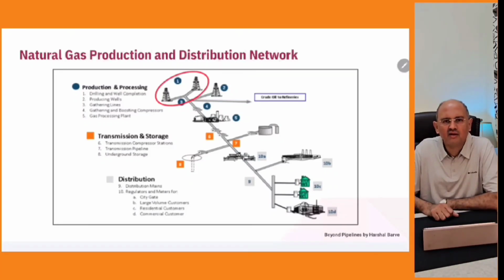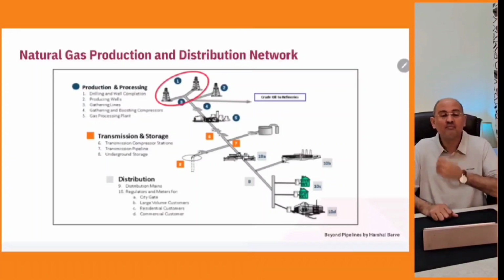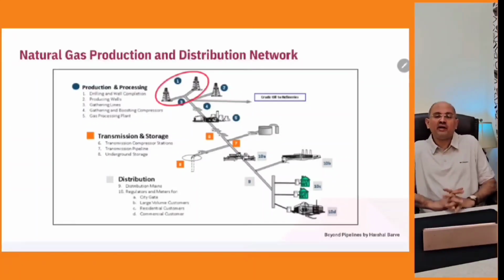The treated gas is then further distributed by means of transmission, and being gas, it requires a larger diameter of pipeline because it has larger volumes, and sometimes it requires booster compressor stations. So these lines could be across the entire country, like a 500,000 kilometer long distribution network. So intermittently, instead of sending very high pressure gas all the way,